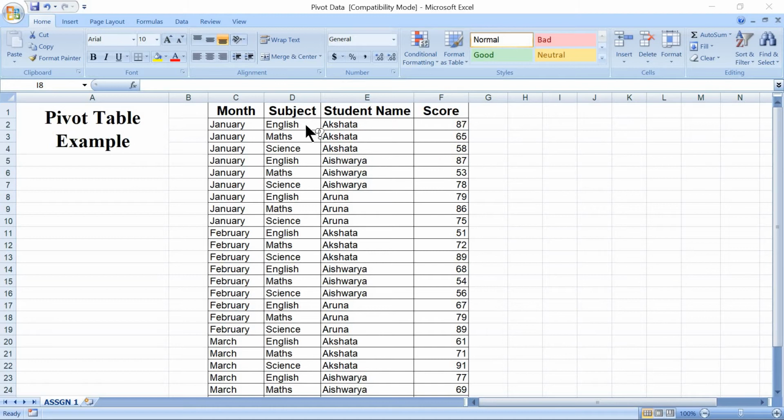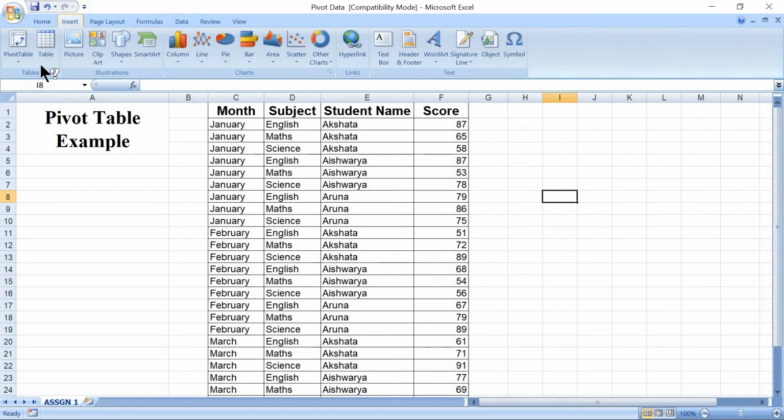The subjects are English, Maths and Science, with their scores for different months. The students are Akshata, Aishwarya and Aruna.